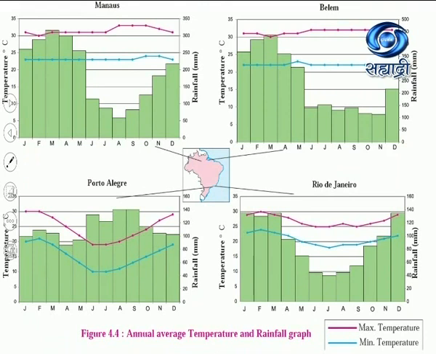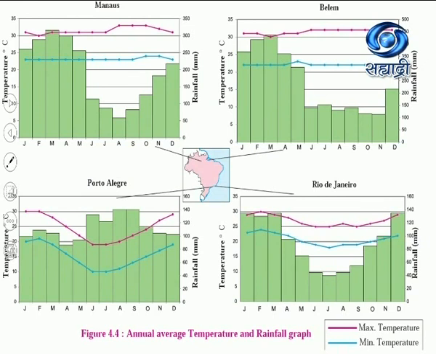Let's see the graphical representation of temperature and rainfall. We saw where Manaus was located. It has a humid and tropical rainforest climate, as it lies 200 miles south of the equator. March is the month with most of the rainfall. Maximum rainfall you find in March. This place has a hot and humid climate, and only 2 seasons are observed over here, that is hot and wet.